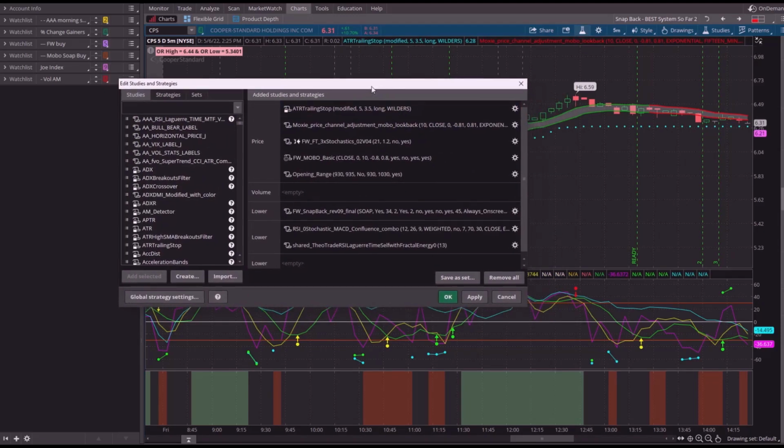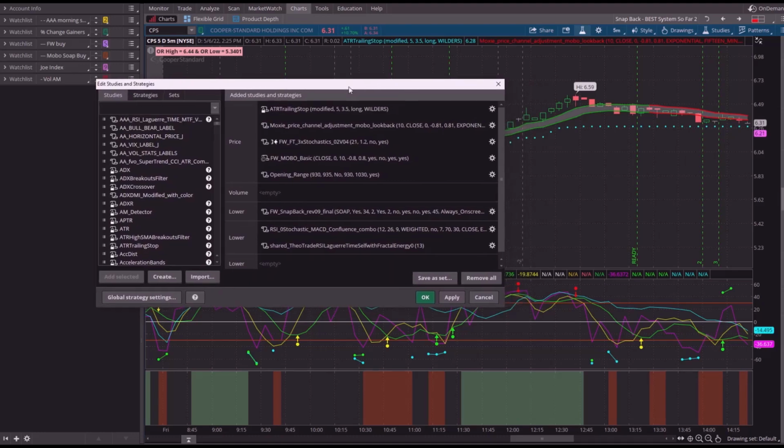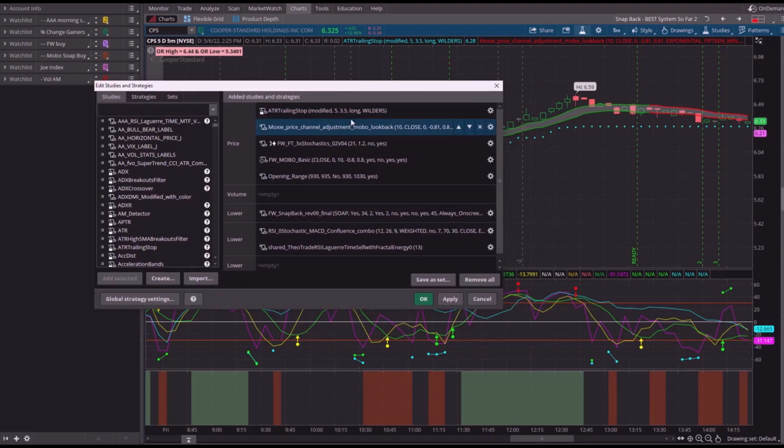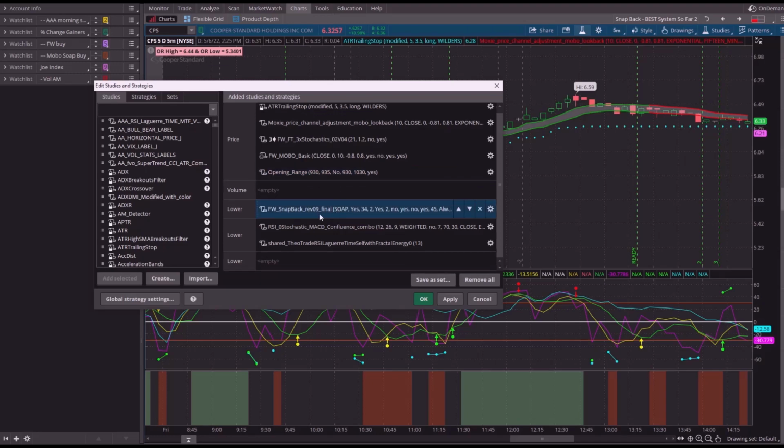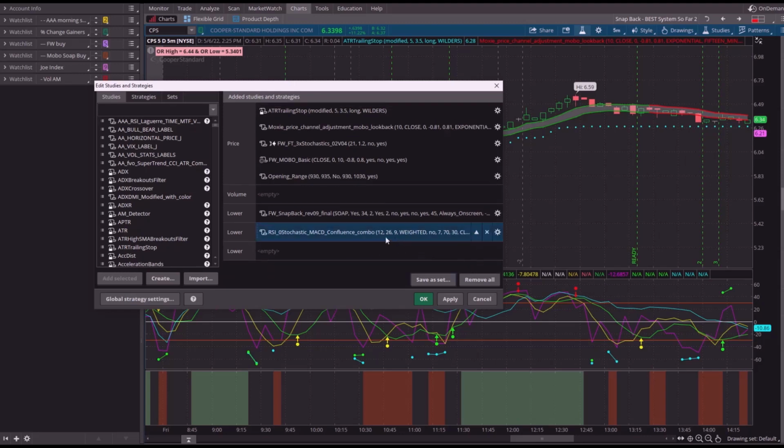the studies, not the strategies. So we've got an ATR trailing stop. We've got a Moxie price channel adjustment with a mobile look back. I added the mobile look back in there. We have the regular stochastics. We have the mobile basic, and we have an opening range for the upper studies. Lower studies, we have the FW snapback, the RSI stochastic MACD confluence combo, and this one I am actually not using. I am going to close that one out, and I will be sharing these with you at the end